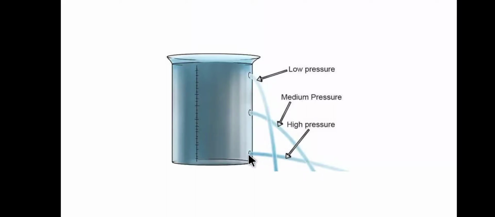And at the bottom, at this point the height from the surface increases, and we can say it's the maximum height compared to all these three points. Then at this point the pressure is very high, so it's the highest, here it's the medium pressure, and here it's the low pressure. So at different heights we get different pressure in the liquid, and from this experiment we can demonstrate that the pressure exerted by the liquid depends on its height.